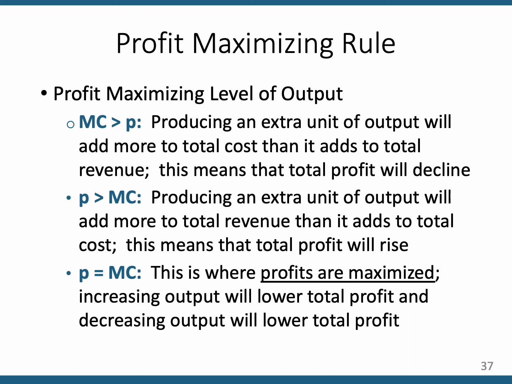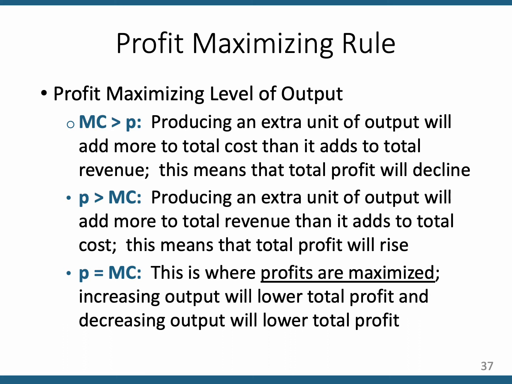So as long as the price, when you increase Q, is greater than the marginal cost of that increase, you should do it. You should stop when you get to the point where price is equal to marginal cost. That is the best you can do. That's where profits are maximized. And this is pure competition, so marginal revenue and price are the same thing.